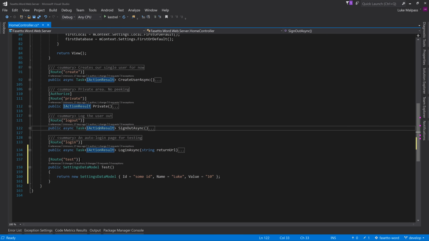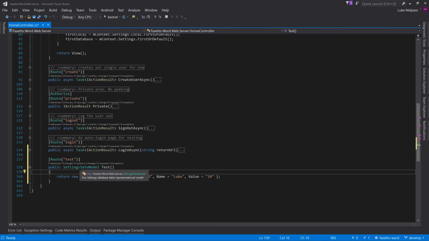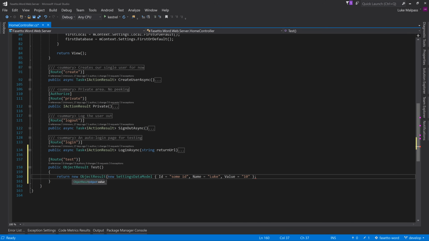But you can return any kind of object, and you don't have to specify an object. If you specify a generic class, then effectively what you return instead is an object result. And then you can return a new object result, and you can pass in an object. So that's what's really happening here. We're not passing in a view result, we're returning an object result, and then the object result goes through a bunch of, getting slightly ahead of the explanation here, but basically this goes through